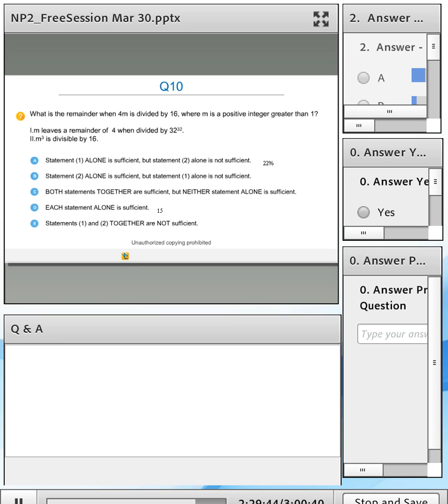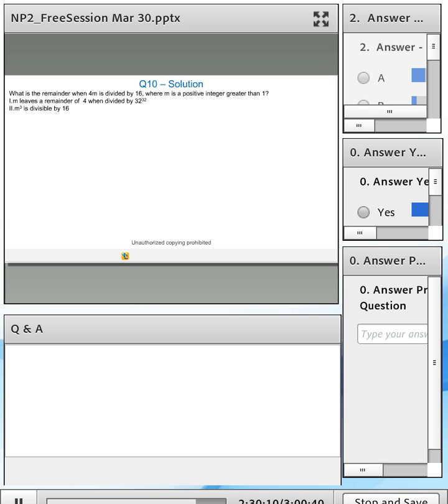So there is an improvement, and I'd like to know from you, do you feel that you have a more solid handle on this question specifically? Yes or no? Again, it's a DS question. This one is definitely a difficult one, and we'll go through the solution. But just looking at the stats here, I can tell that there is a considerable improvement in the confidence of some of you over here. So let's go through this.